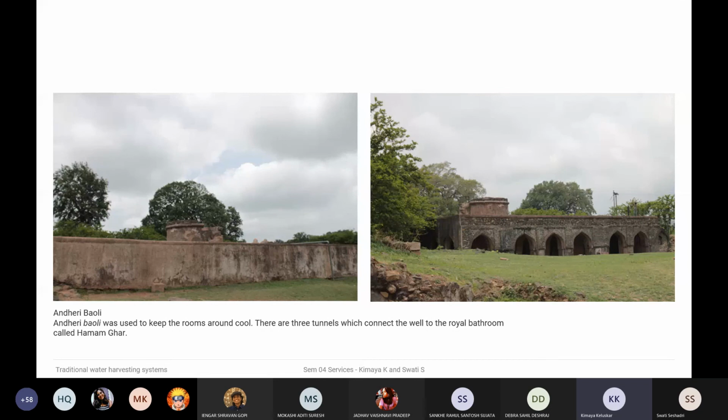Because at that time no one was dependent on technology. Everything was a very natural form, and you had to work with nature to make sure there is thermal comfort and visual comfort as well, like your daylight as well as your temperatures and humidity within the spaces that you live.